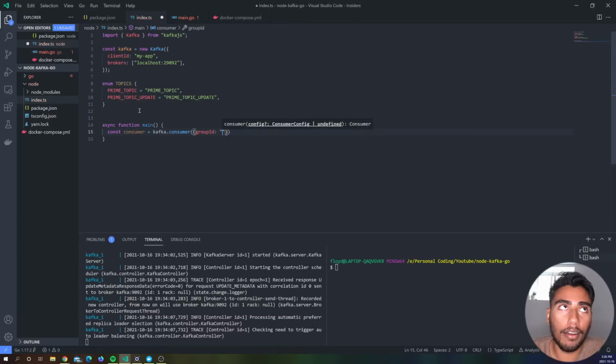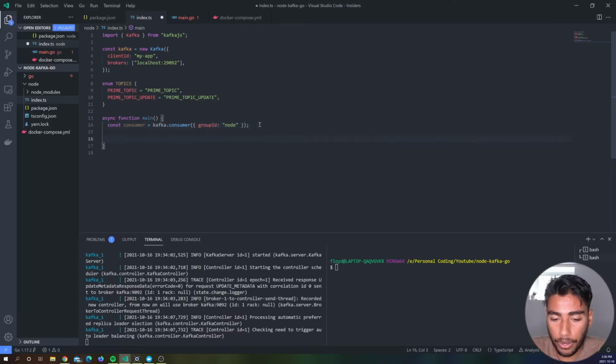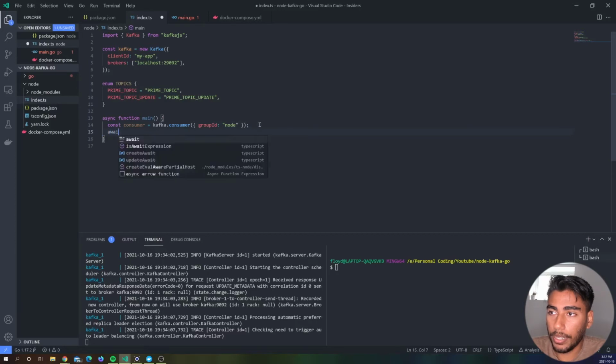So let's say you have multiple instances of your server running. They would all have the same group ID because they're all doing the same task. So that it makes sure that once a group ID has consumed an item off the topic, then it will not be available for other servers, other instances with the same group ID. So I'll just call this group ID node over here, and then all I have to do is await